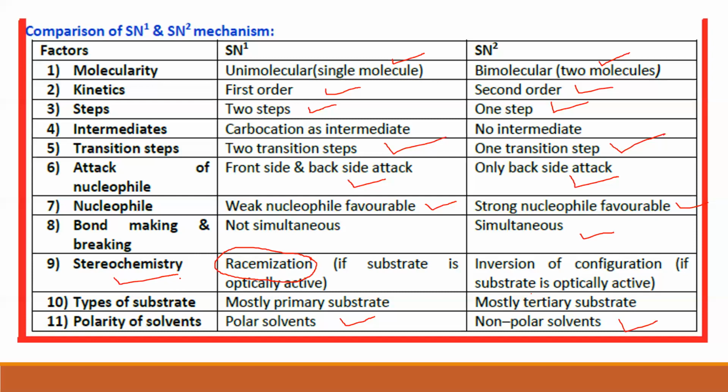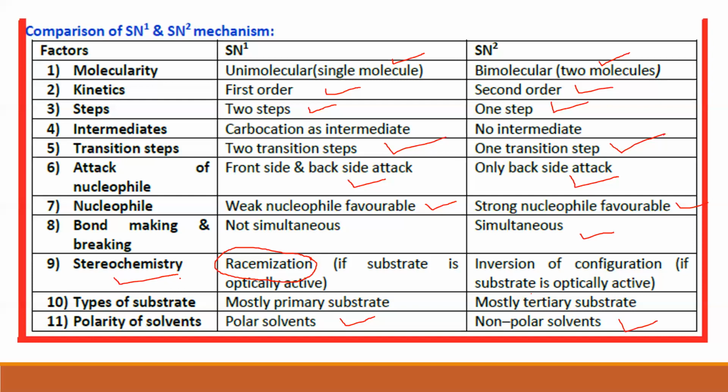And this is the point where we'll be talking about optical isomerism. Stereochemistry has to do with stereoisomerism, and under stereoisomerism, specifically optical isomerism. Now, what is the definition of stereoisomerism? That's what we saw in the previous year. Structural isomerism: two or more compounds have the same molecular formula but differ in their structure. These two compounds are structural isomers, and the phenomenon is called structural isomerism.